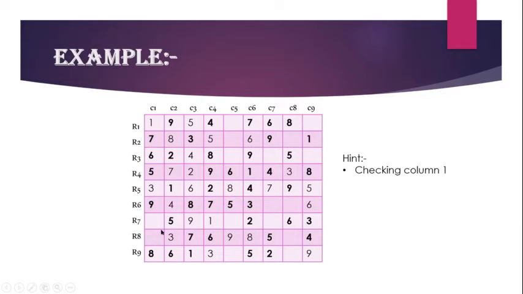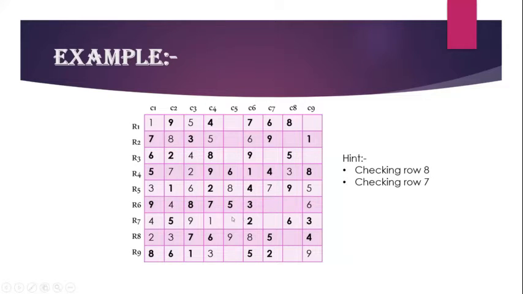So நம்ம இப்போ வந்து change பண்றோம். R7C1 is placed by 4 and R8C1 is done by 2. Now it satisfies. Now on checking row 8. Row 8 check பண்ணும்போது only one number is missing and the missing number is 1 and the empty cell here is R8C8. So R8C8 is placed with 1.